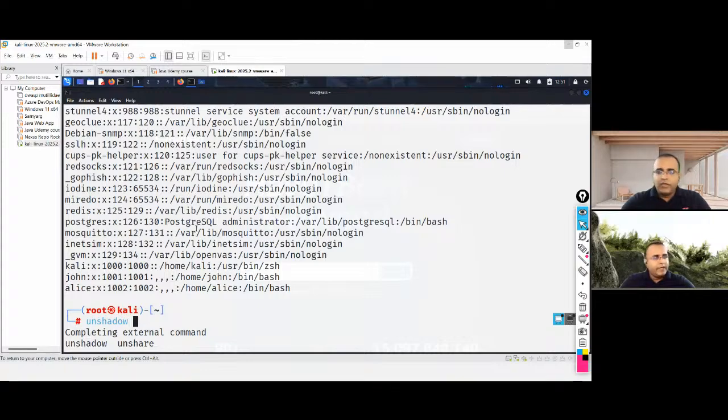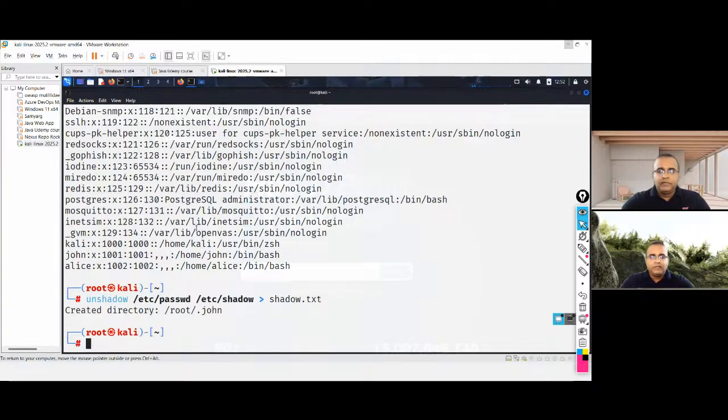For that, there's a command called unshadow. First give the passwd file, then the shadow file, and once you do that, make sure you pipe the output into shadow.txt. You can name it anything; I'm just giving it that name.